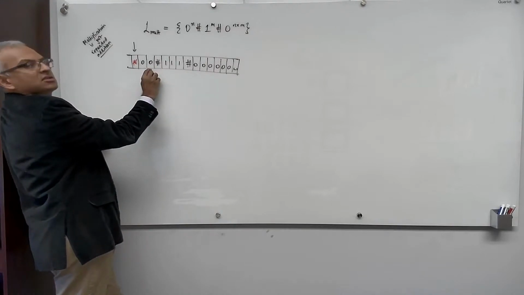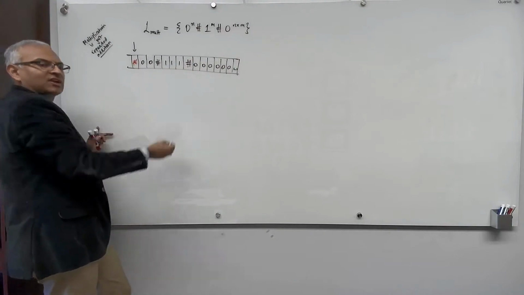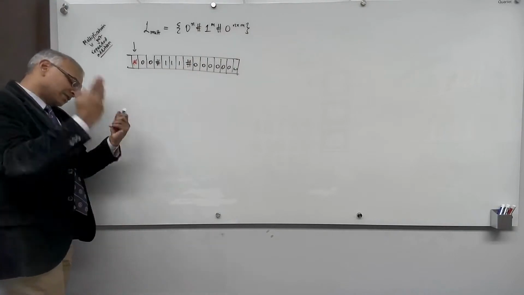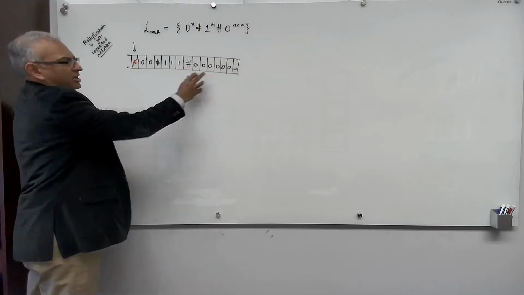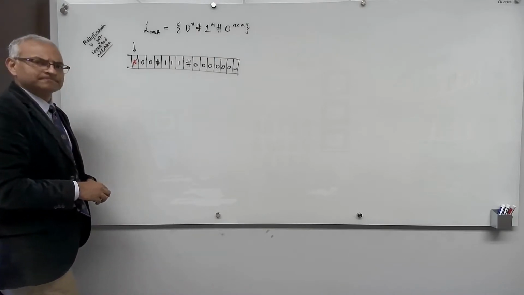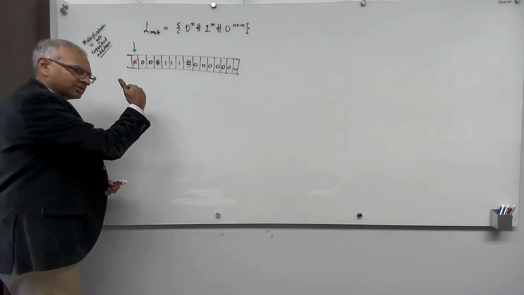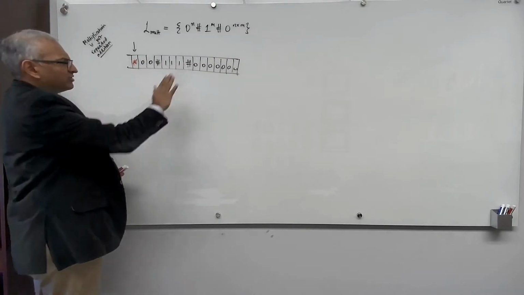Then for the second 0, can I match this batch of ones with an equal batch of zeros? And if I can manage to match both batches, it's true. This is the product. And if I cannot, it's not the product. Okay, so that's the idea. Now, how would we actually implement that? That's where I'm going to build the pseudocode, and we'll work through the pseudocode with this example and see